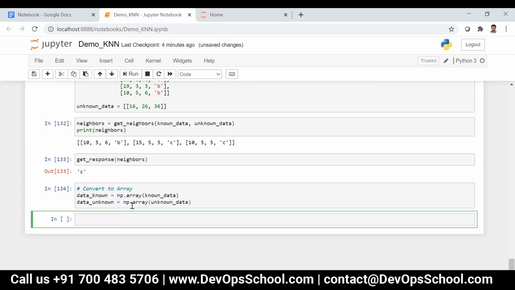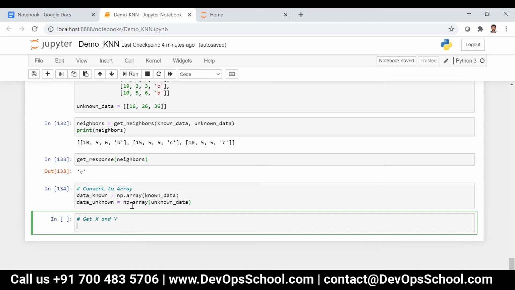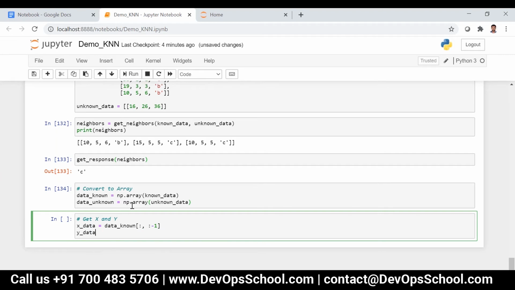Now we have converted. Then we can get x and y. So x_data is equal to data_known of all the records except the last column, and similarly y_data is equal to data_known, all the records, only the last column.